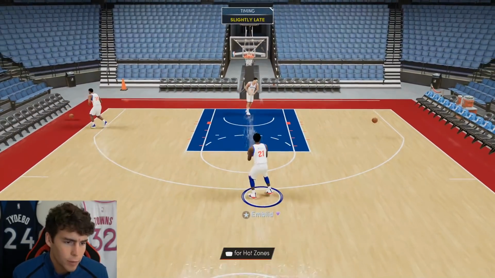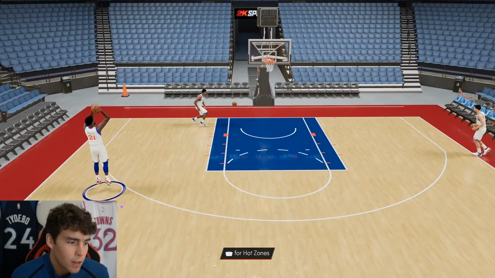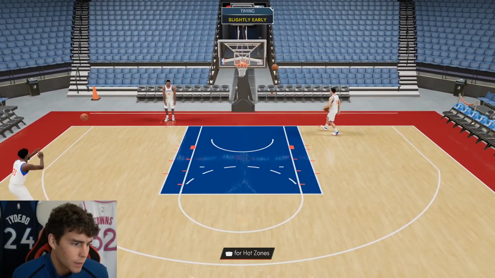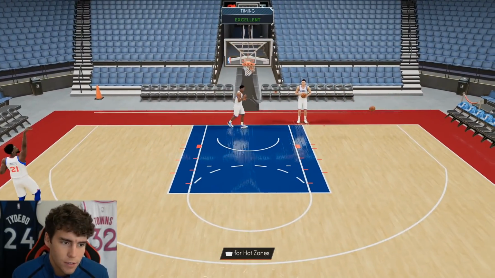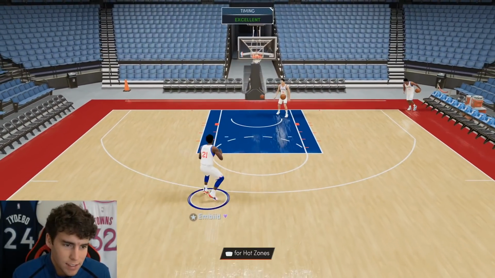Even though I'm not greening with Embiid, I feel like eventually I will, as I'm like 0 of 5 right now on greens. But eventually when I get his release down, it's going to be lights out. I just got to find the timing. There's the first green with JoJo, and hopefully that's a good sign for things to come. Second one,